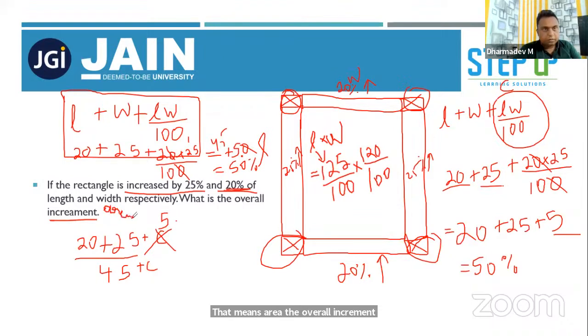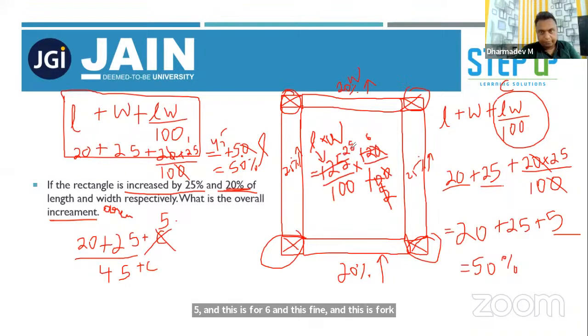Okay. So they're asking about area. The length is 25% increase, so 100 plus 25, 125. With this 20% increase, so 120 by 100. So 125 by 100 into 120 by 100. Are you clear with this? Now let us simplify it. 0 for 0, it's done. Now if you want, you can make it smaller. This is 5 and this is 6, and this 5 and this is